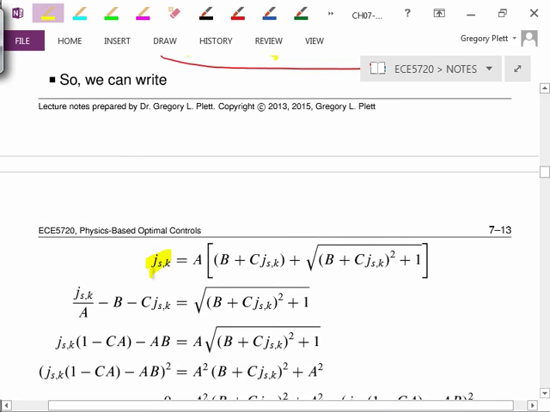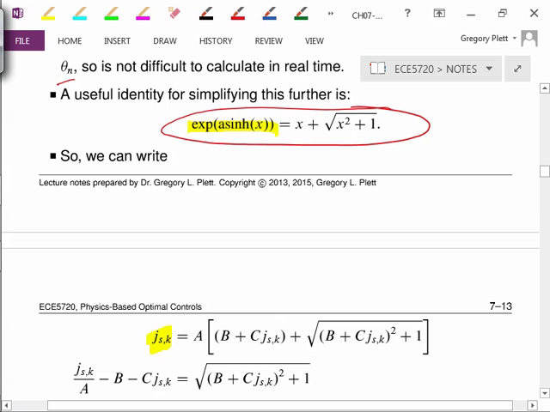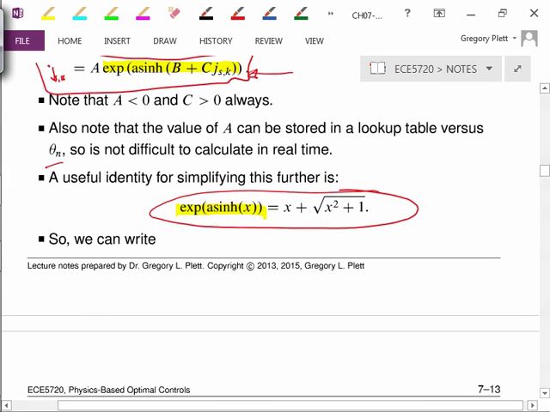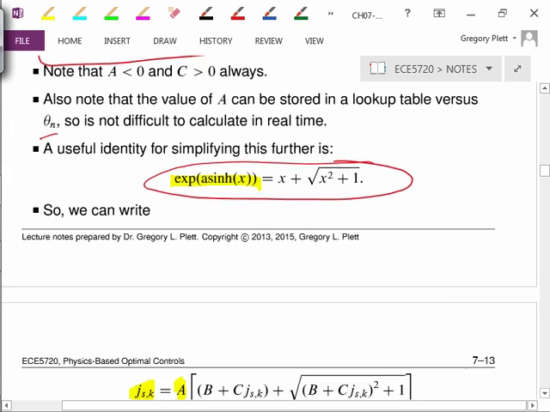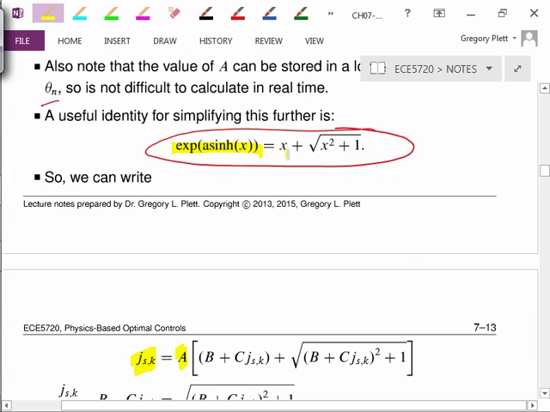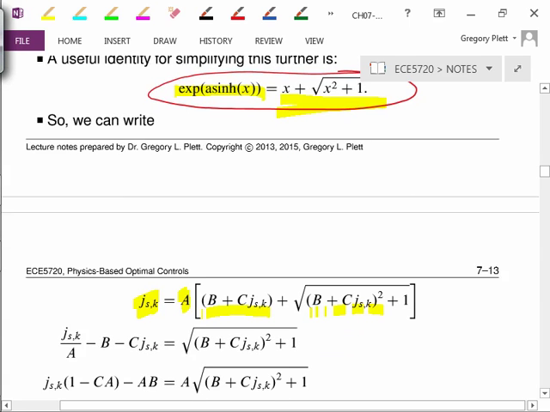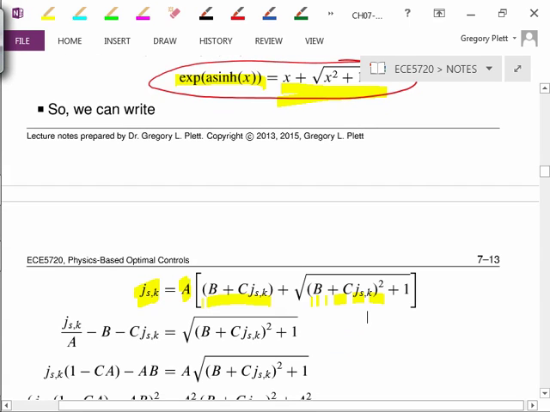So the first thing we do is write J_s k, based on this. It's A times the right-hand side thing, and the right-hand side says x. Well, x was B plus C j. So I have x there plus the square root of x squared, so (B plus C j) squared, all plus 1. There's my equation,